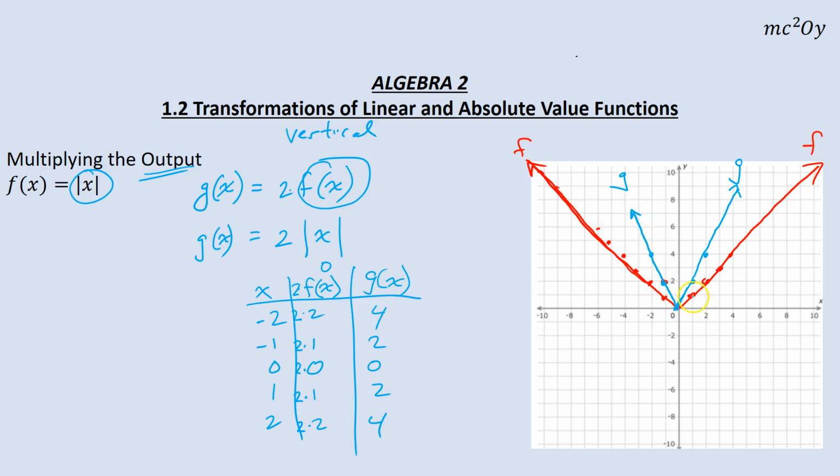Okay, and so this point that was 1 unit away is now 2 units away. And this point that was 2 units away is now 4 units away. This point that was 1 unit away is now 2 units away. And this point that was 2 units away right here is now 4 units away up here. So really it's been a vertical stretch,